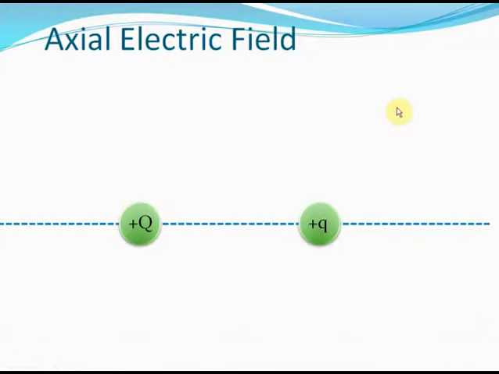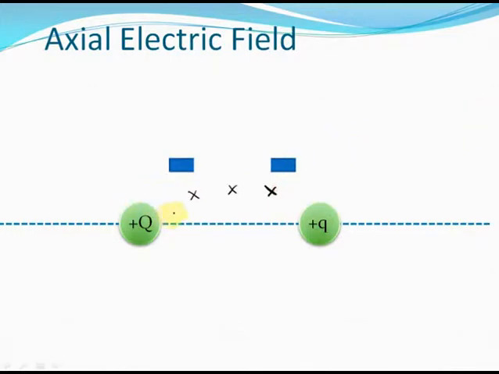Remember how we calculated the electric field because of a dipole on the axis of the dipole? Similarly, we can try to calculate the axial electric field in case of two positive charges that are placed on an axis. Now if you look in the area between these two positive charges, what will be the direction of the electric field here? What will be the electric field?